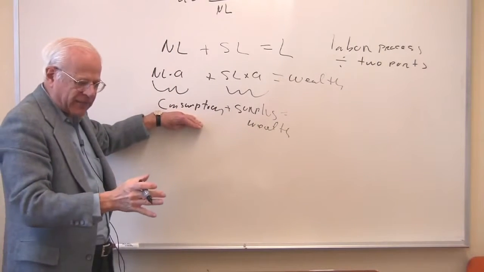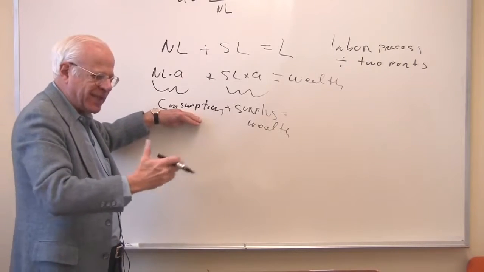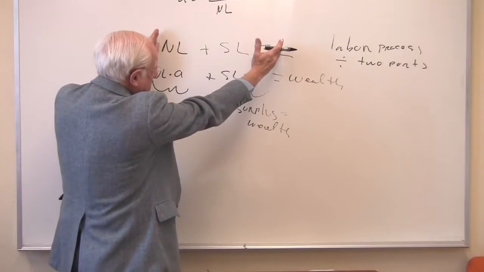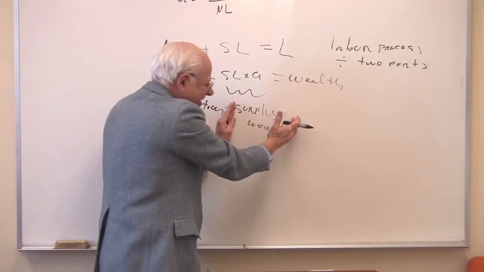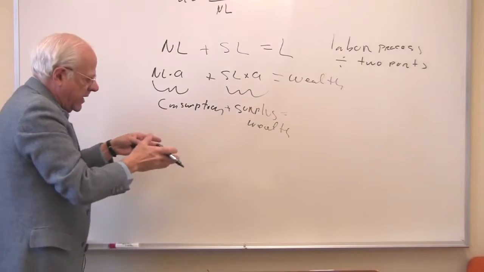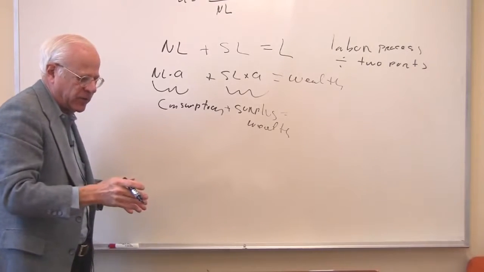Then the question is, this part, this aspect emanating from the necessary labor times its productivity, that sustains the laborers, the goods and services to sustain the people who are doing the necessary and surplus. Then the question is, who gets this extra wealth, surplus? Who gets the extra wealth? Is it the same individuals that are producing it, or is it a different set of individuals?